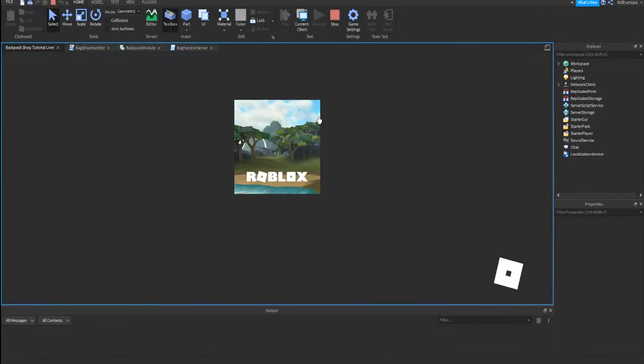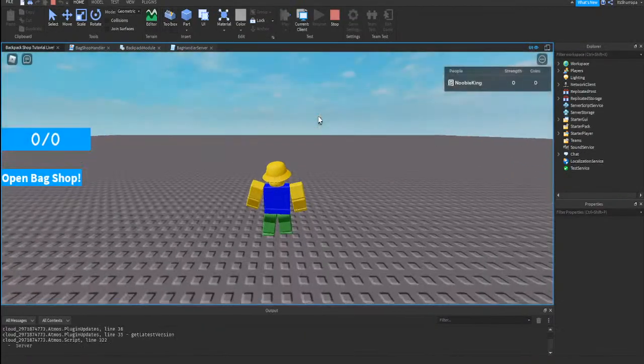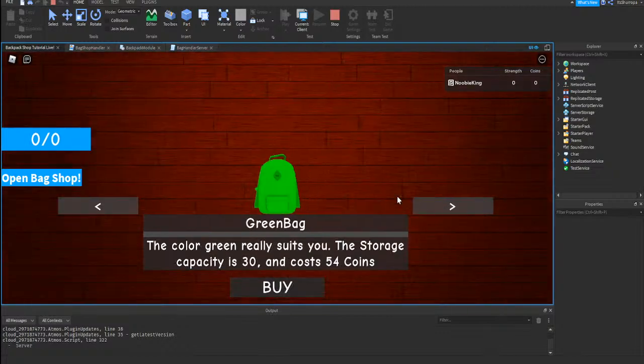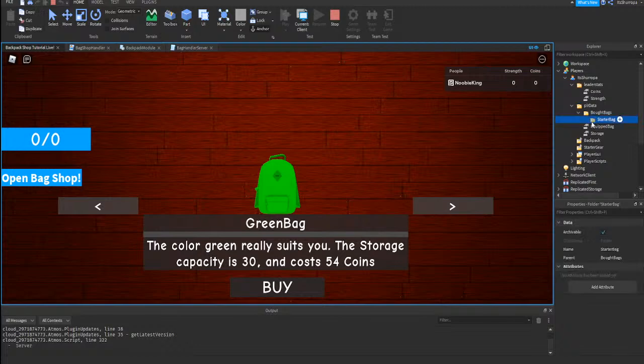So, I think that's it. I think that's basically the whole backpack system, except for maybe changing that. So, let's see. We got a starter bag, an equip bag, and the storage is 10. Okay. Yes. So, what if I got...